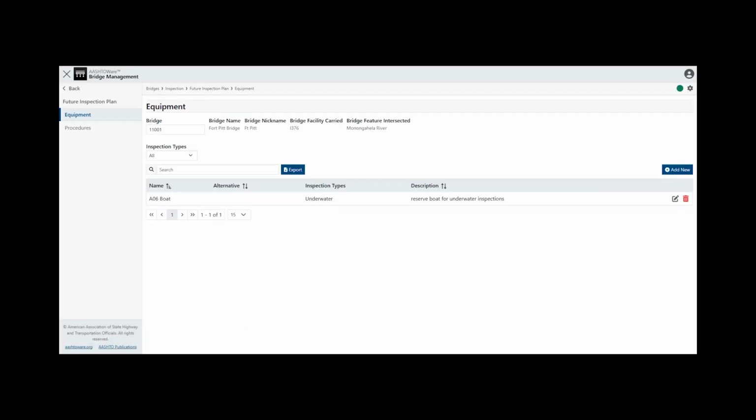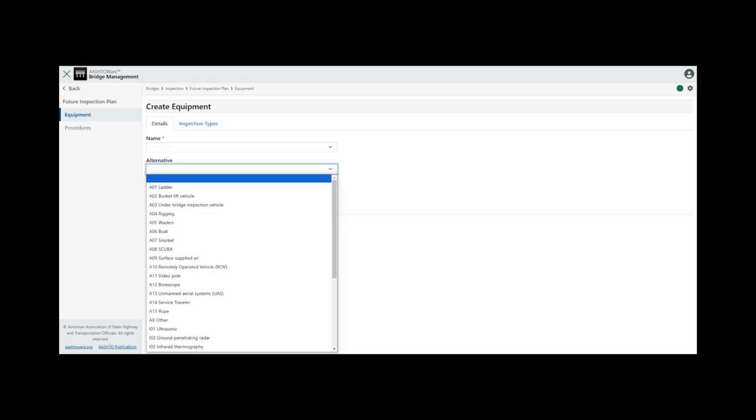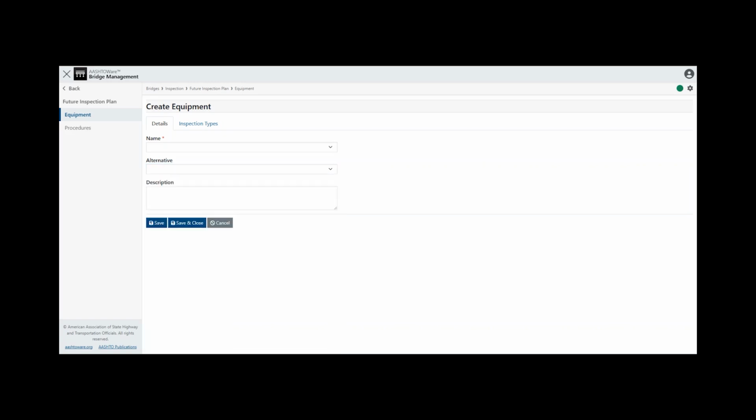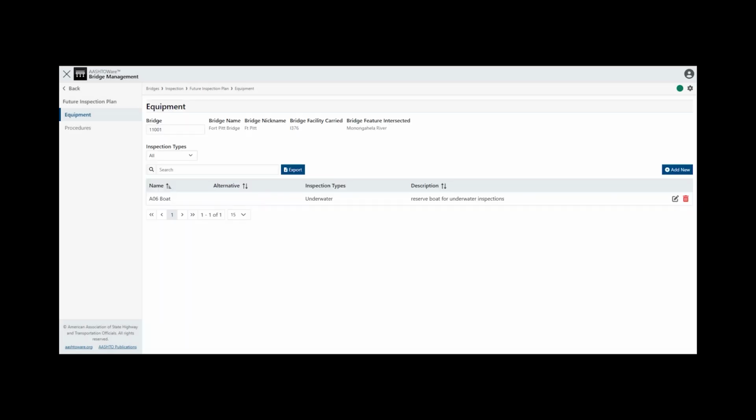events. Once you have defined your organization-level equipment, the Bridges Inspection Future Inspection Plan Equipment page allows you to define any bridge-level equipment that you would like to be added automatically when a new inspection event is created for that bridge. For each equipment record, you can define an alternative, as well as the applicable inspection types. Equipment added on this page is displayed as part of the inspection assignment module. If you do not want any equipment to be added automatically to new inspection events, then you can skip this